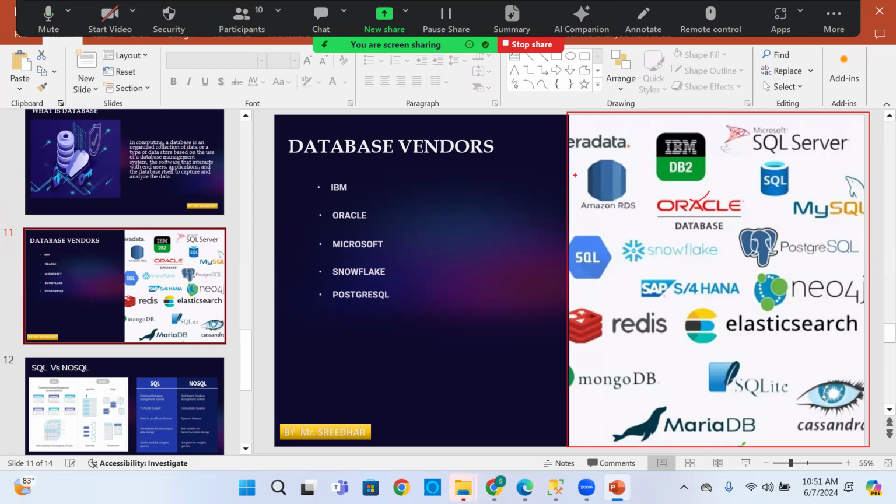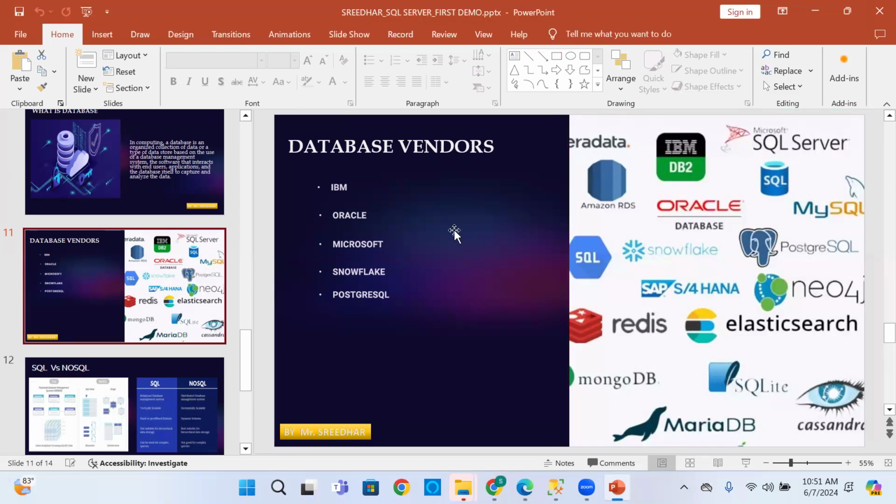Here we have a lot of tools: IBM DB2, Oracle database, Microsoft SQL Server, MySQL, PostgreSQL, MongoDB, MariaDB, Cassandra. So many databases are available to store our data